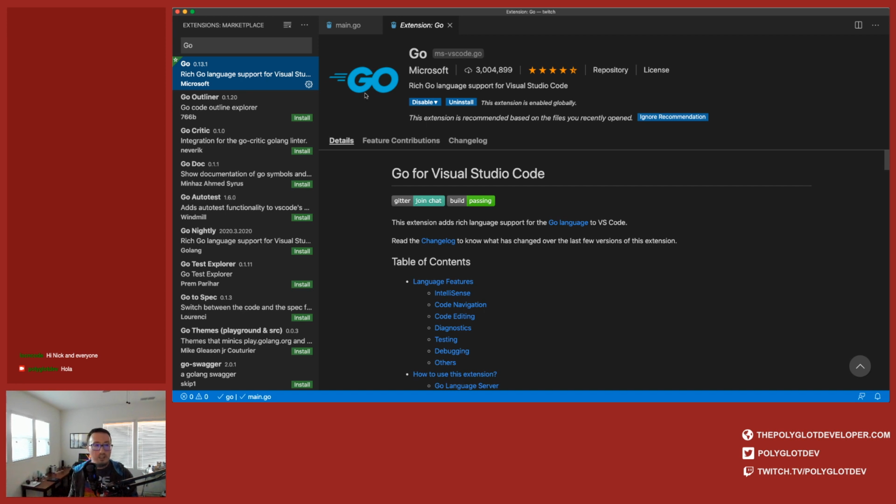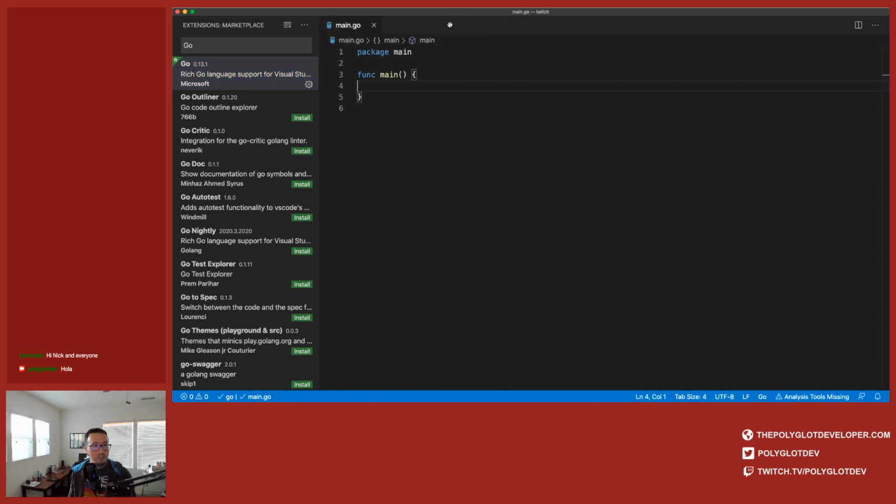So again, if you're using Visual Studio Code. I don't know if people are still using Atom, there's also a similar extension for Atom. Maybe you want to use GoLand, which is the JetBrains IDE. It's up to you. Definitely use something that's designed for Go. Otherwise things can get tough. It'd be like doing Java development without an appropriate IDE, or even C++ or C, when you have to manage a lot of different packages. It can get messy. So I'll close this.